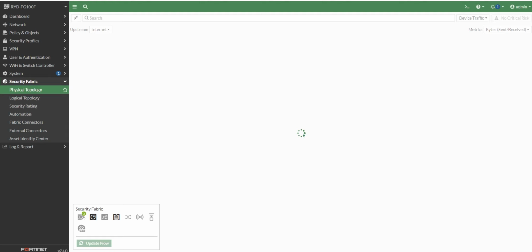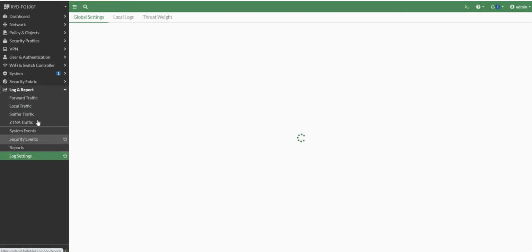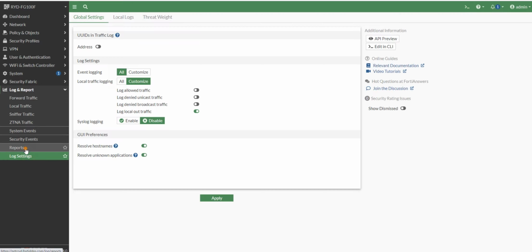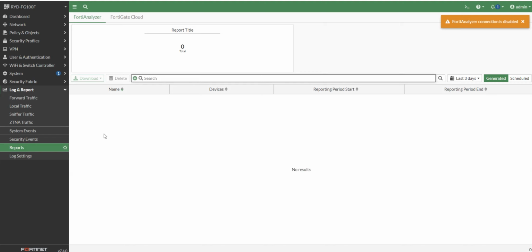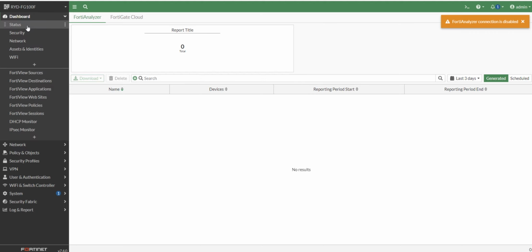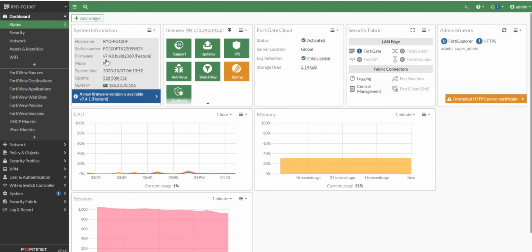Okay, so to configure our firewall with the FortiAnalyzer, there are several ways. In the older version, we would go to the log settings and reports, and there was an option of FortiAnalyzer for the configuration. But in this version, the one we are currently running, v7.4.0,